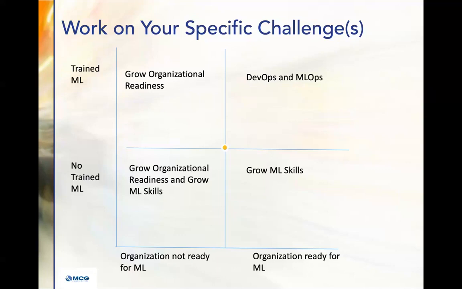But if you have an organization that's already ready for ML, minus the skill part, you need to grow those ML skills. Because indeed, there's a lot you can do before the scientists come on board. Getting your governance straight, getting your security model straight, getting that data lake up and running with detailed data, getting your data architecture tight, et cetera, et cetera. A lot of the things that I talked about here today, getting many data domains ready, or as I like to say, under management.